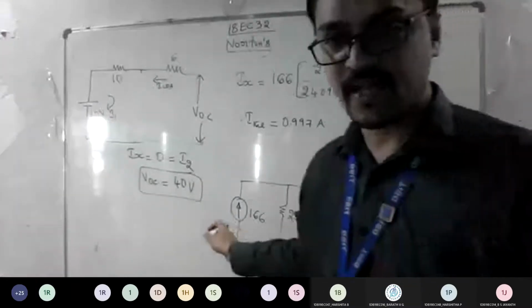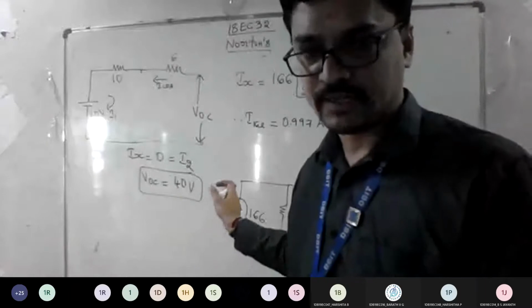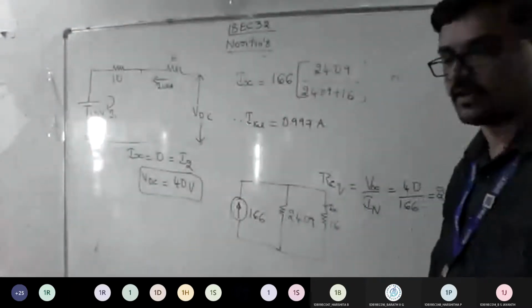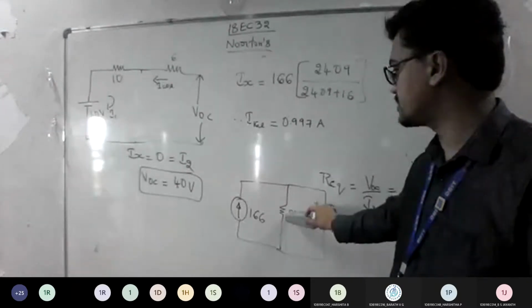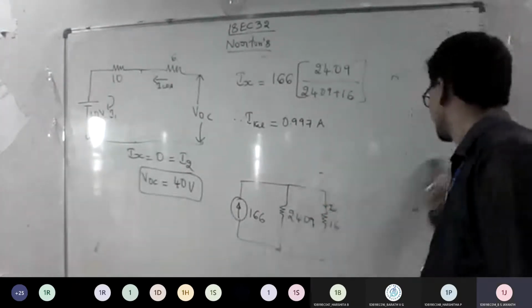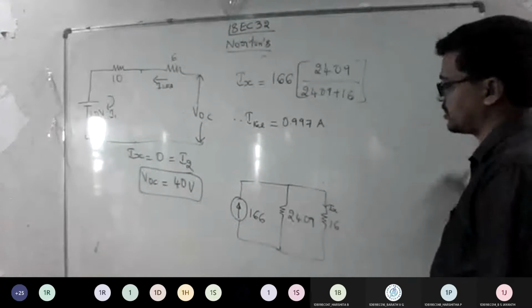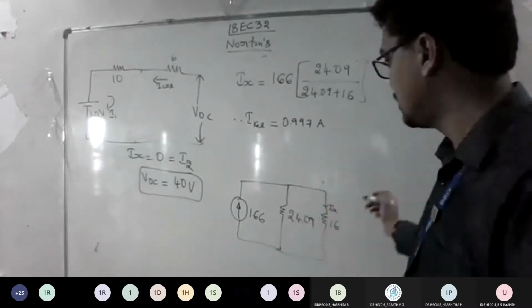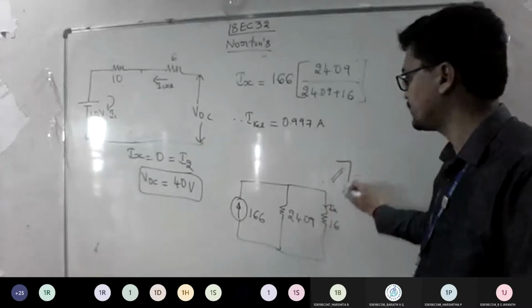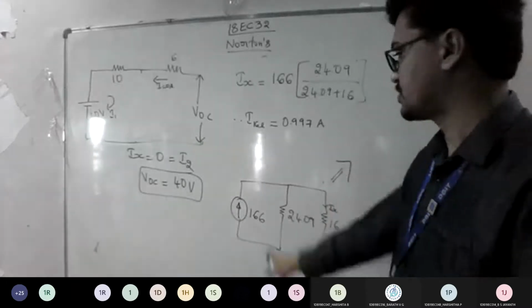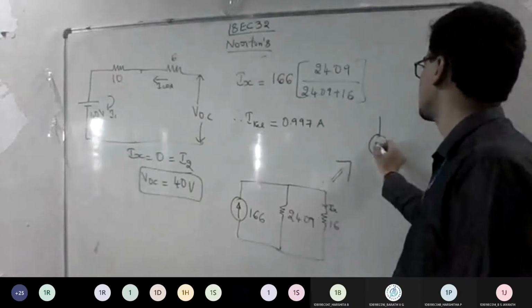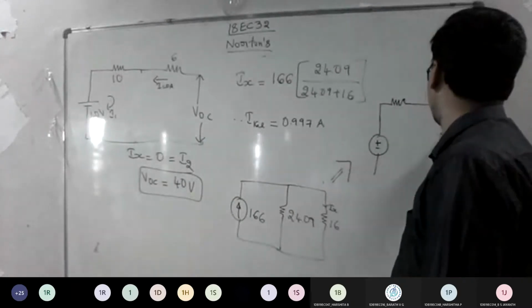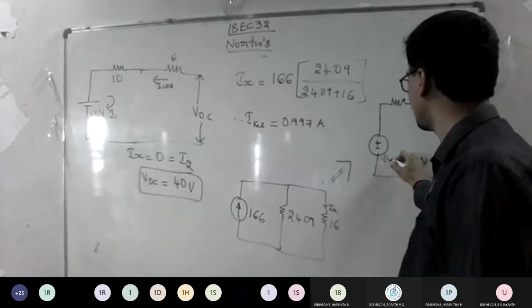Okay. For the same question, if they ask you to get the Thevenin's equivalent circuit, what should you do? You have to convert this to a voltage source, sir. Yes, you do that also, because you'll get in the habit: whenever they ask for the Norton question, get the equivalent Thevenin. So apply your source transformation logic and get the answer of VTH for me. Convert this, so you're going to get plus minus, and there is one resistor and one load. What is the value of this VTH here?